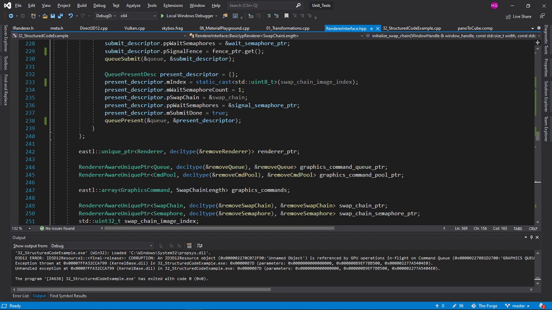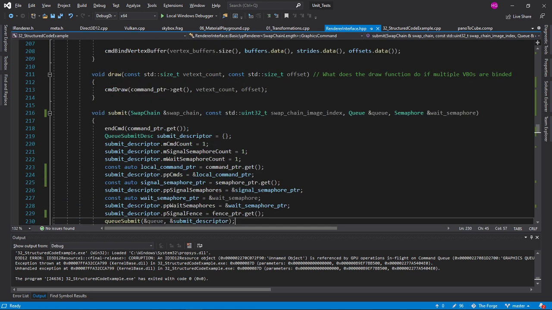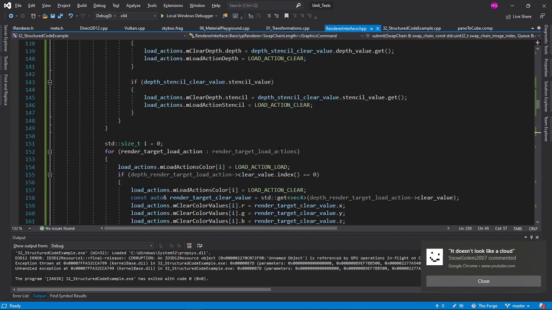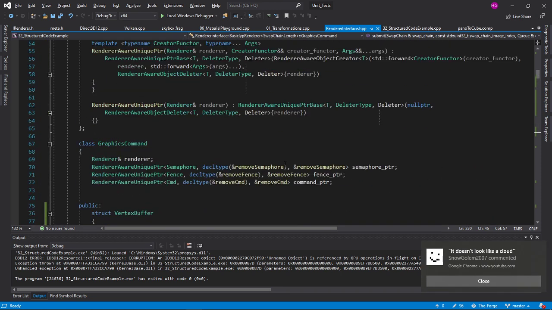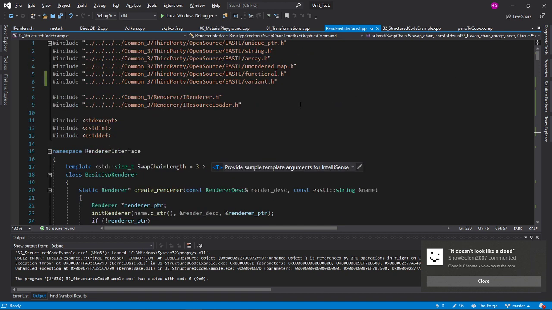So, I believe the sound is alright. Let's just check that beforehand. Yeah. Okay, so let's see what we've done so far. Doesn't look like a crowd. Okay. Anyways,